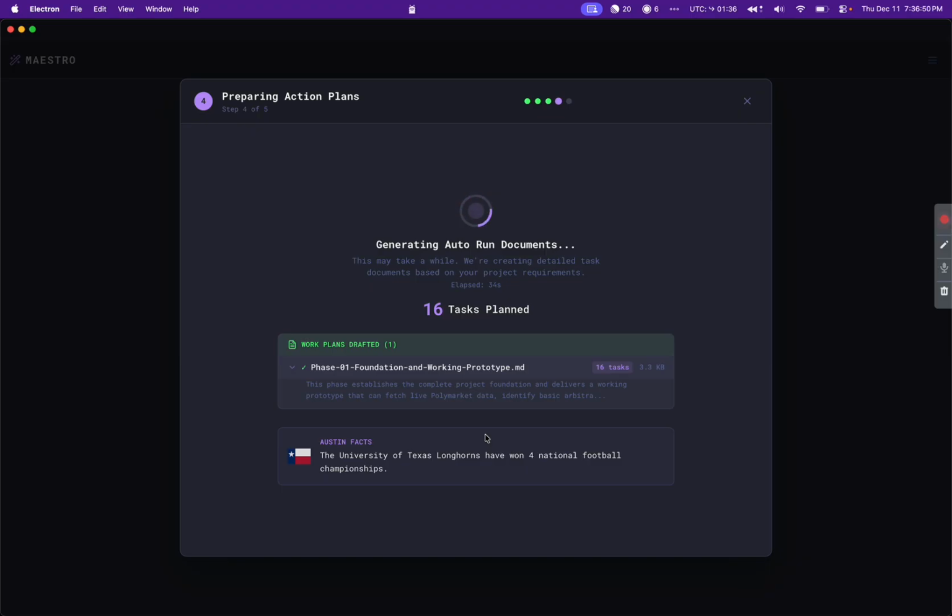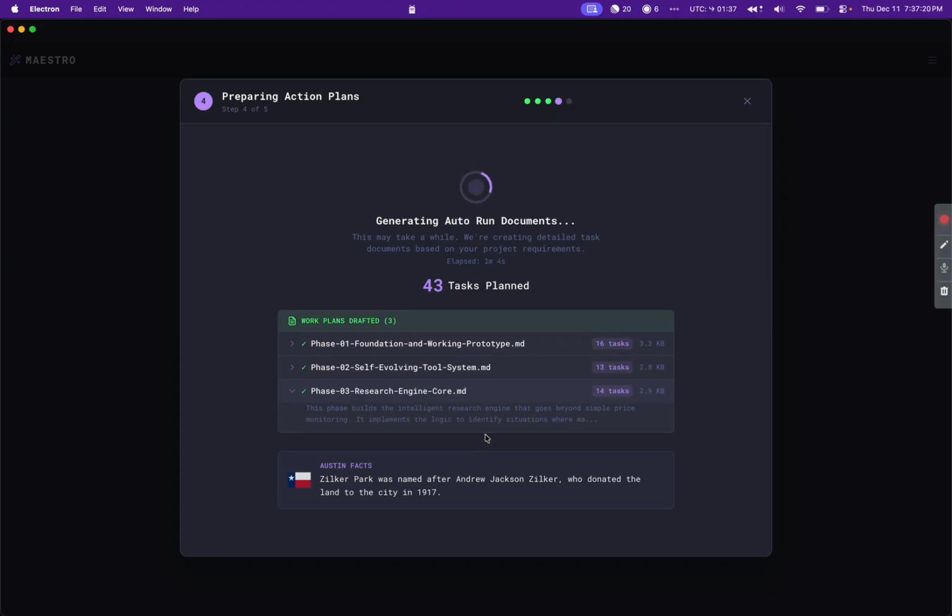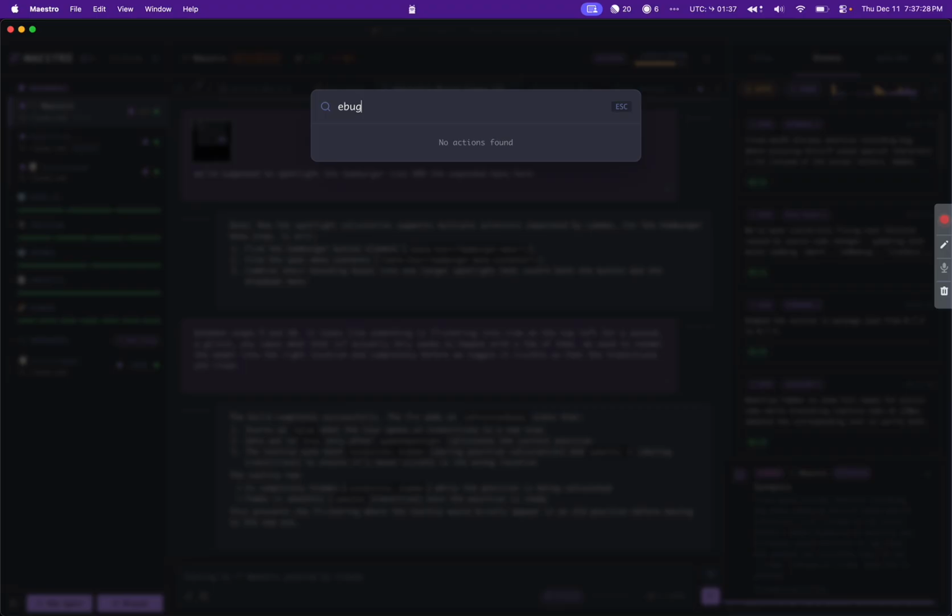It's got 16 tasks. At the end of this process, that's the one that's going to get auto run. Processing subsequent documents or throwing them all into a single playbook and running it unattended is then left as an exercise for the user. I've had a 23-hour run at this point. And so that's the ultimate goal of Maestro, is the longest unattended run possible, so that you can really maximize your output while minimizing your babysitting of these AI systems. And this can take upwards of minutes.